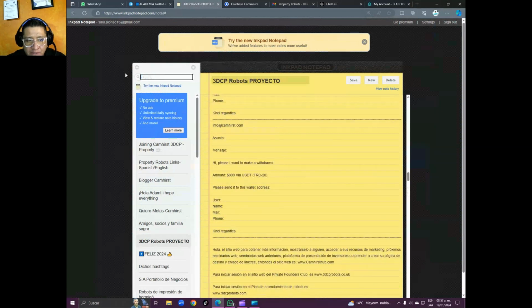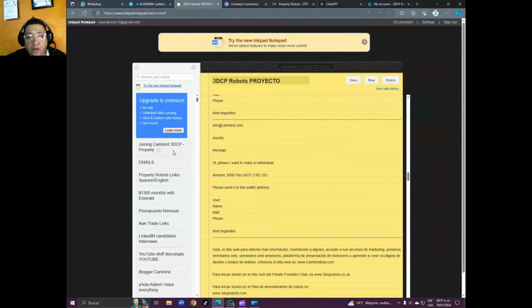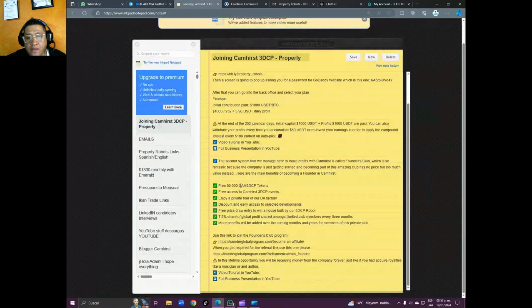Okay, give me one sec. The company is going to give you these amazing benefits. Okay, free 50,000 CAM3 DCP tokens. Remember, this is very, very little in value right now, but in the coming years ahead, it's just going to increase in value. Okay, so we are into the blockchain technology as well. Free access to Camhirst 3DCP events all over the world. Enjoy a private tour to our UK factory. Okay, discount and early access to selected developments, free prize draw entry to win a house built by our 3DCP